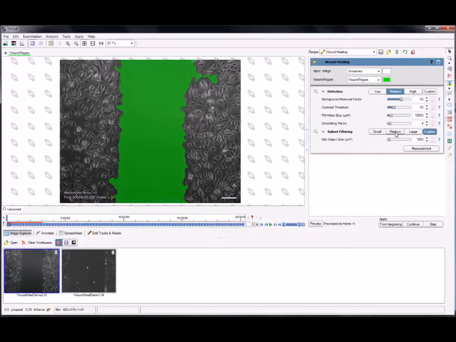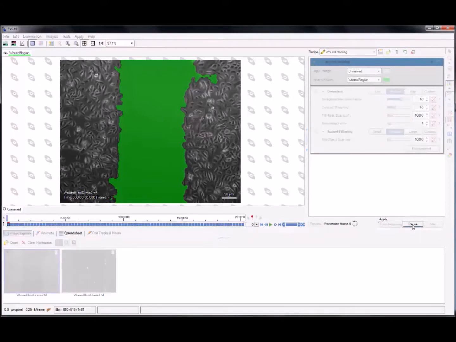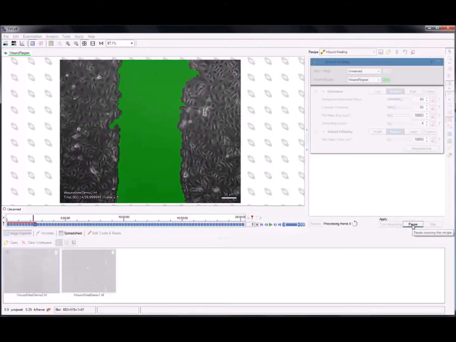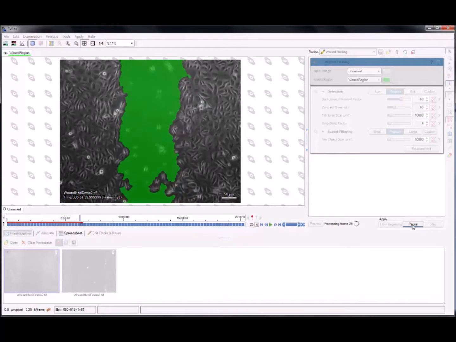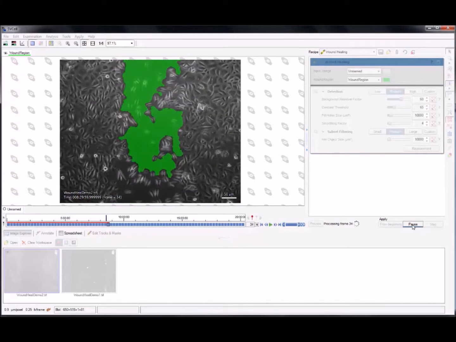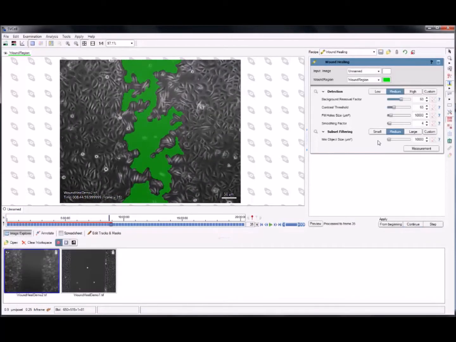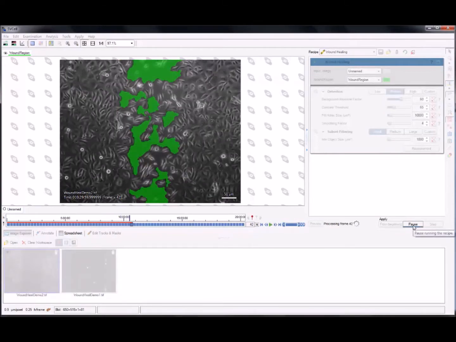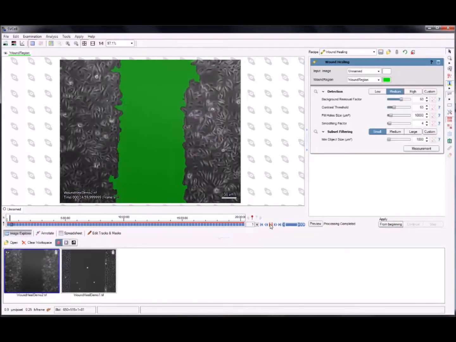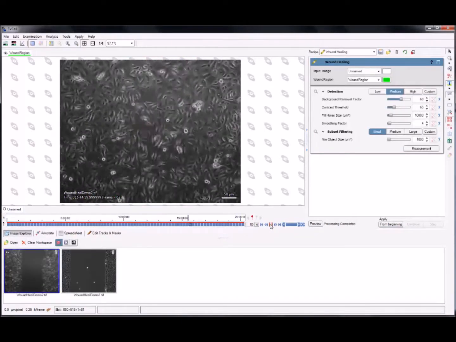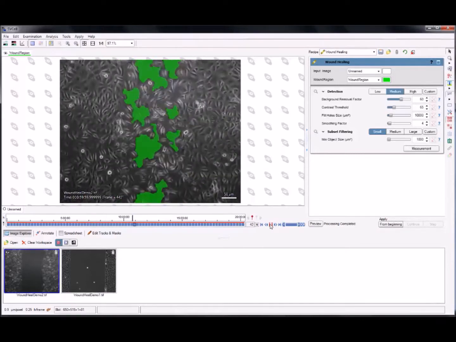Let's change the subset filtering back to medium and apply the recipe from the beginning, but pause on frame 35. Now I can change the subset filtering to small and click Continue. Now we can play back the image and see that we have a wound detection all the way through frame